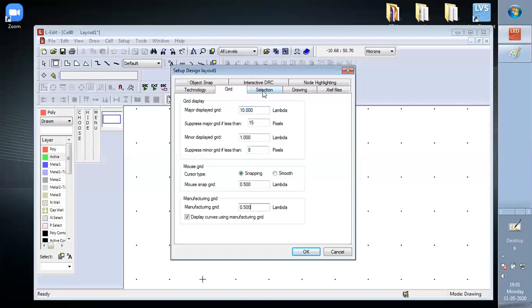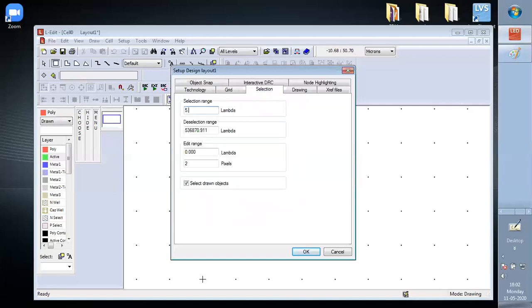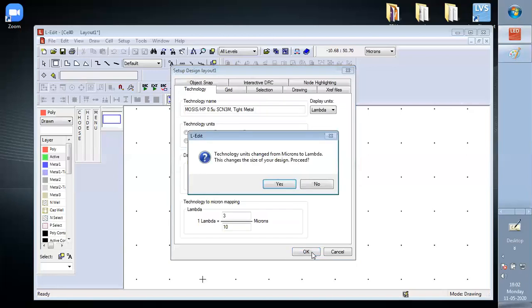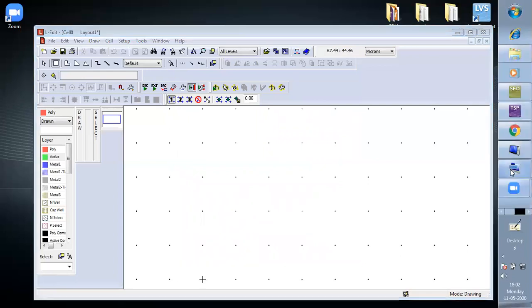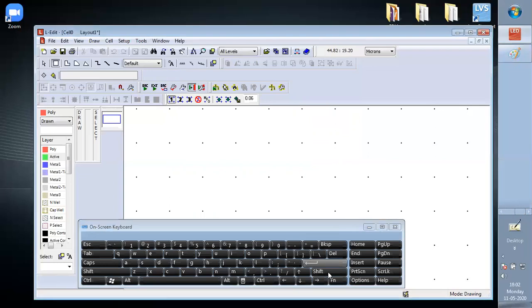And then in selection the first value is 5.0 and the rest are the same. So okay. This says the technology will change from micron to lambda. This changes the size of your design. Proceed. Now suppose I don't proceed, if I write here, let us see what the design is here. For this I need a plus sign.